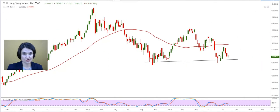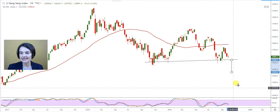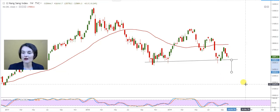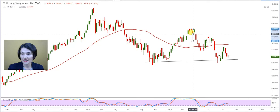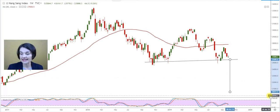Again, my conservative target for that head and shoulder formation is, first, let's take the right shoulder, because that looks like the smallest one of the two. And we project it downwards from the neckline where the formation will be confirmed, which means my Hang Seng index can go to 23,539. What can it do if I take the full target of that head and shoulder formation? It can take the Hang Seng index to